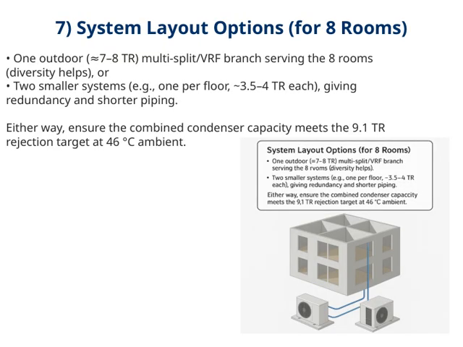Let's look at the system layout options for supporting 8 rooms. One approach is to use a single outdoor multi-split or VRF branch, which can serve all 8 rooms. The key advantage here is that diversity helps, meaning the system isn't working at full capacity all the time, which improves efficiency. Alternatively, we could opt for 2 smaller systems, perhaps one on each floor, with around 3.5 to 4